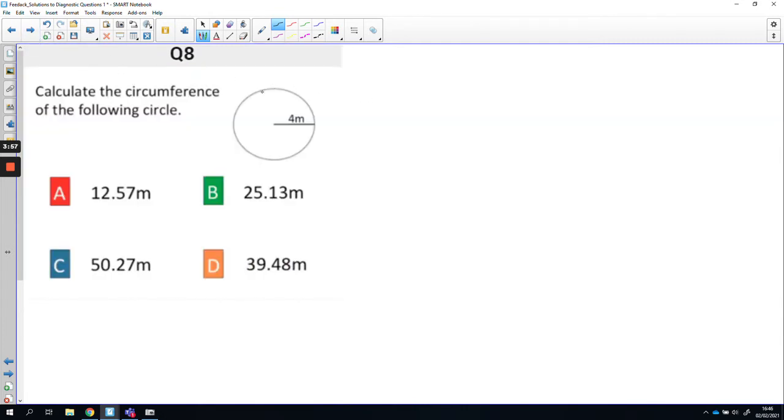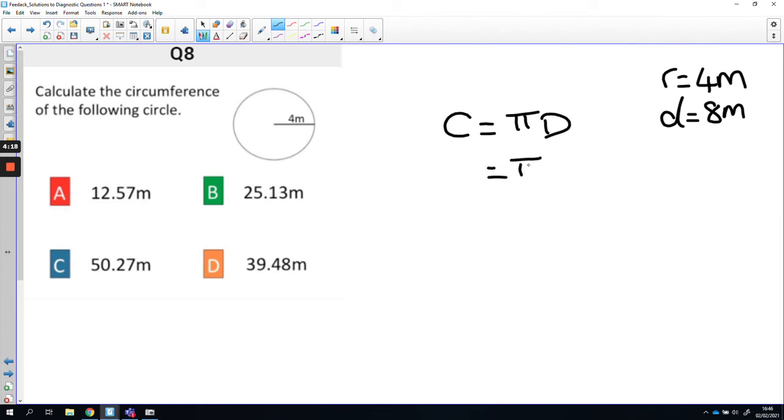Question number 8, again, very, very similar. You're asked to work out the circumference, so you start with C equals pi d. We've recognised we've got the radius, and to get the diameter, you're going to multiply by 2. So 4 times 2 is 8, and then you put it into the formula. So pi times 8, press your S to D button, and you get an answer of